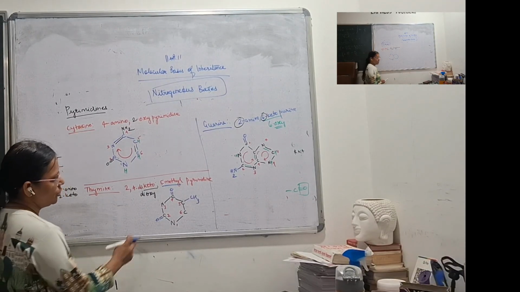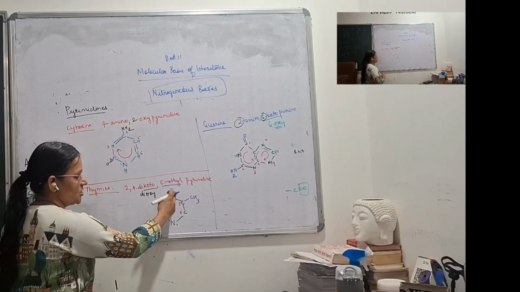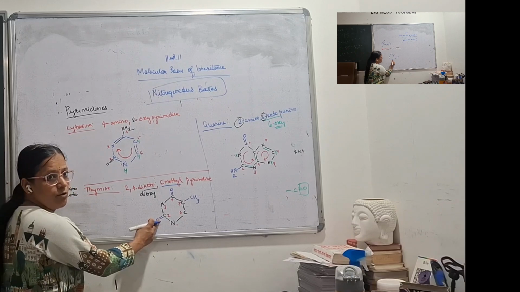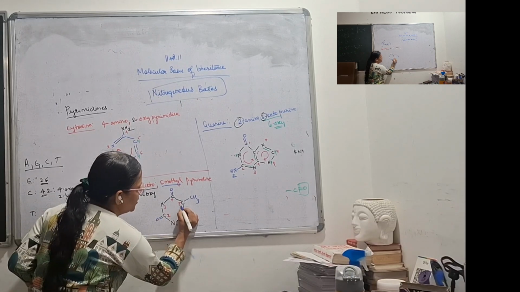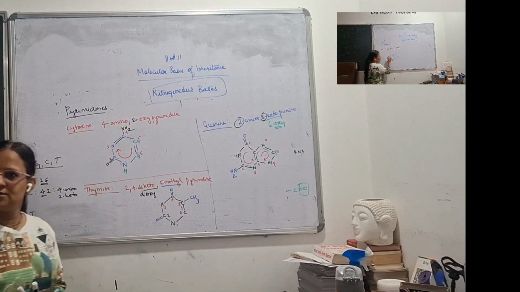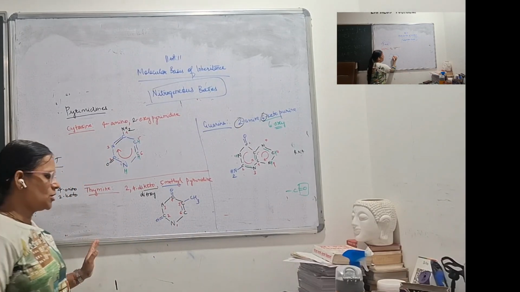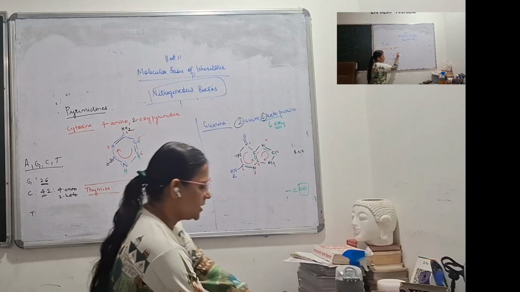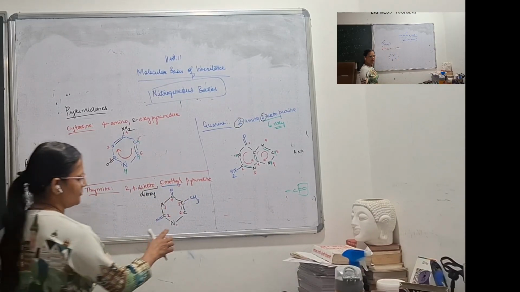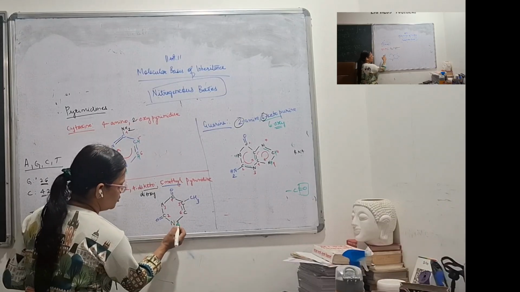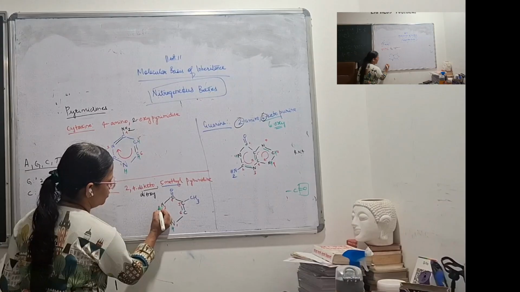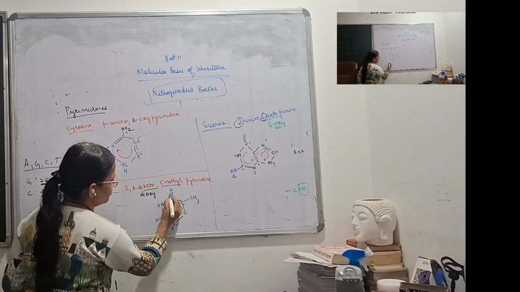Now let us see. Will you have a double bond here? No, because there is already a double bond here. Will you have a double bond here? No, because there is a double bond here. So you will have only one double bond in thymine, that is between carbon number 5 and 6. Right? So once the double bond is done, last step is what? Last step is to balance the valency of carbon and nitrogen. Let us start from the first position. 1, 2, 3. 1, 2, 3, 4. Nitrogen 1, 2, 3. Carbon 1, 2, 3, 4.